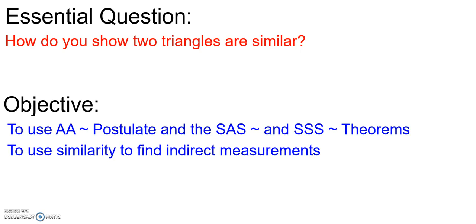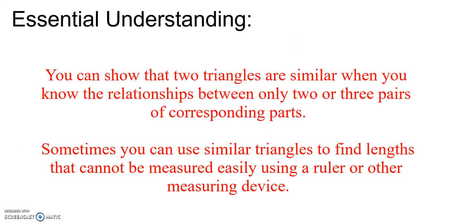Our essential question is how do you show two triangles are similar? And our objective is to use the angle-angle similarity postulate, the side-angle-side similarity theorem, and the side-side-side similarity theorem. Our essential understanding is you can show that two triangles are similar when you know the relationships between only two or three pairs of corresponding parts. And sometimes you can use similar triangles to find lengths that cannot be measured easily using a ruler or other